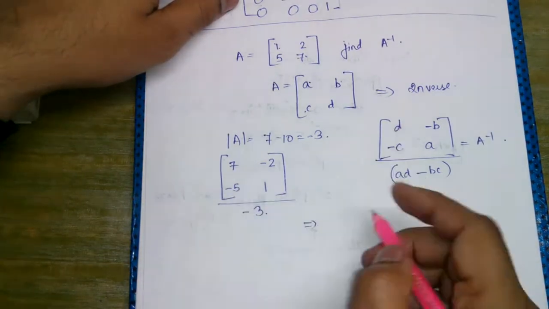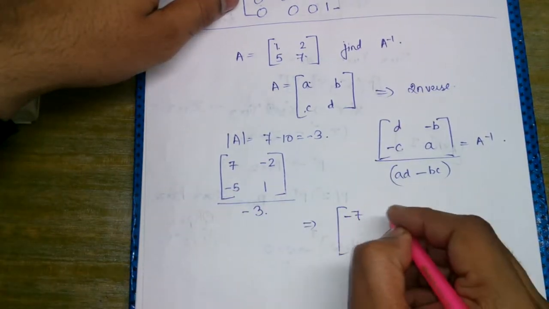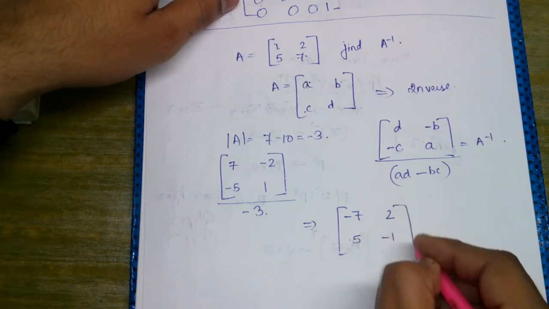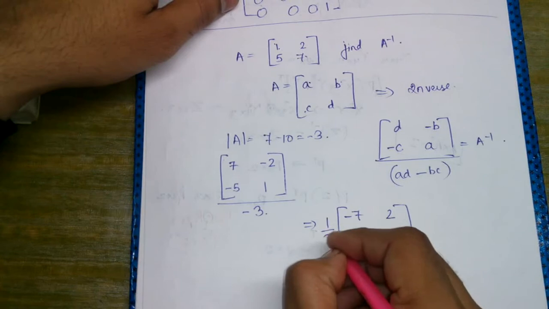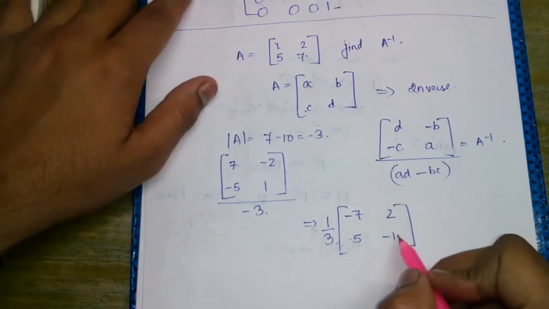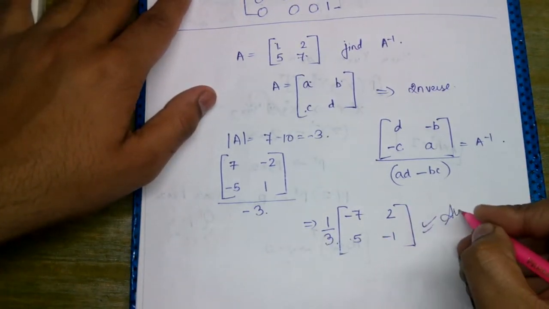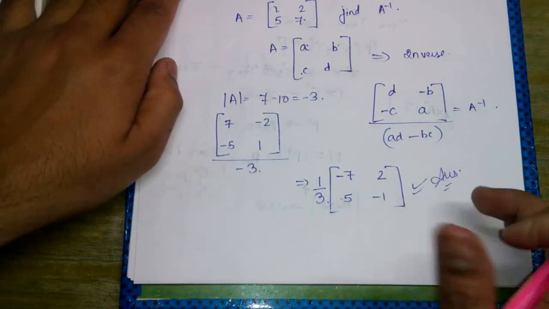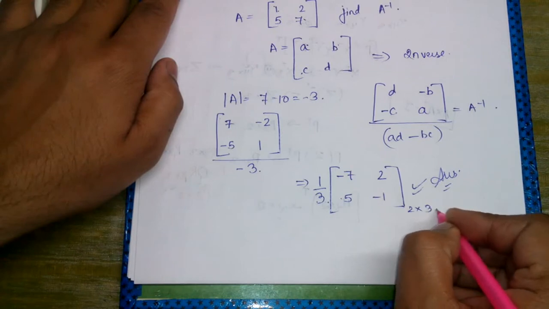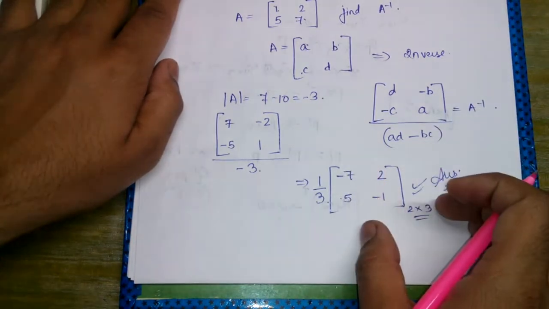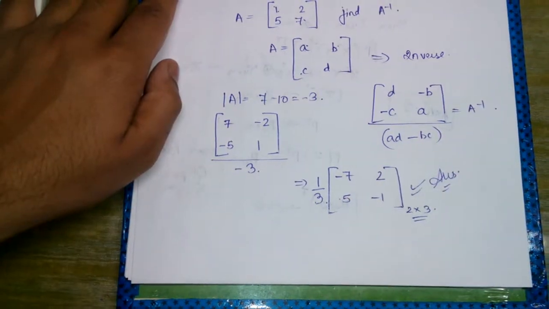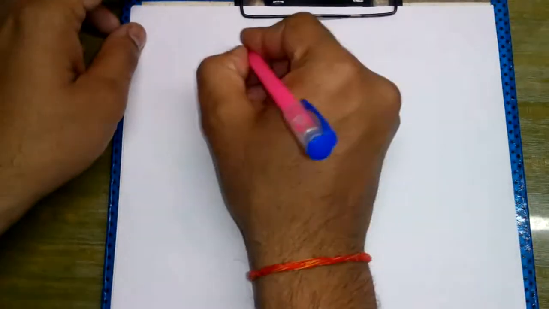So if we divide everything by minus, we will get minus 7, 2, 5 minus 1 into 1 by 3. So this finally becomes the answer. So this is how we are going to find out the inverse of 2 cross 2. However, for 3 cross 3, the procedure is a little bit tricky, and I will also be discussing about that procedure right now. Now I will discuss the shortcut